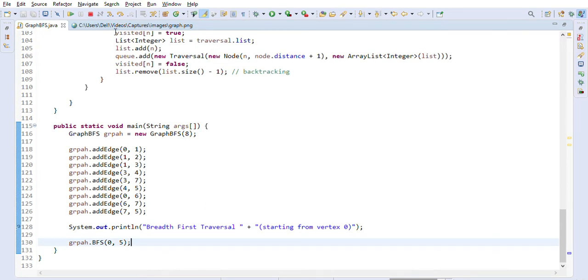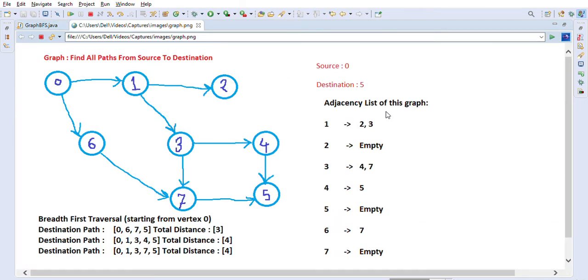The adjacency list will look like this, as I already showed you here. Node 1 will have 2 and 3 like this. This is an array, and the array entry for 1 will have a linked list with 2 and 3.